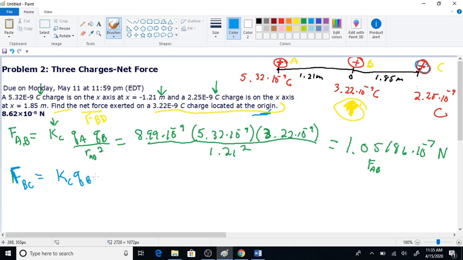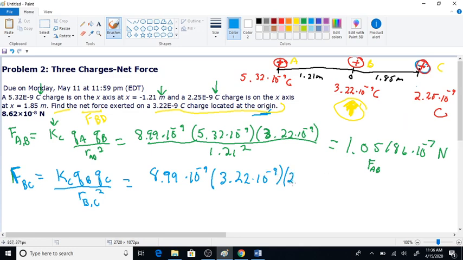Q_B Q_C. The order of those two doesn't matter because of the commutative property of multiplication. And over the distance between B and C squared, right? Don't forget the squared. 8.99 times 10 to the 9. That's a constant. We have B's charge, which is 3.22 times 10 to the minus 9, times C's charge, which